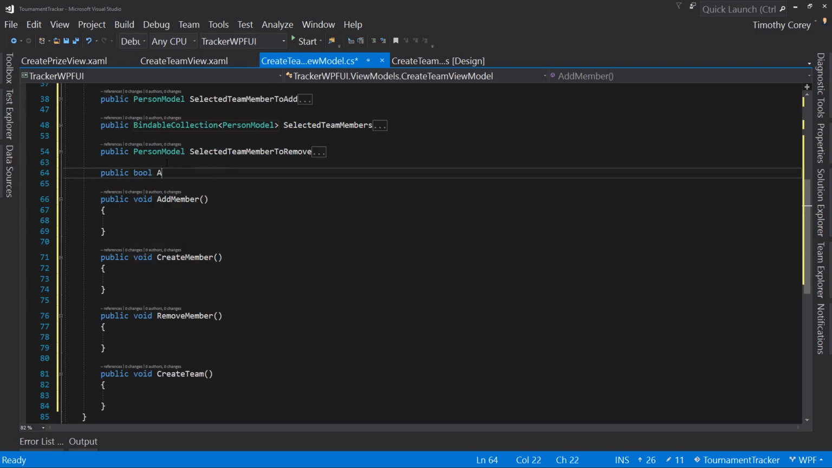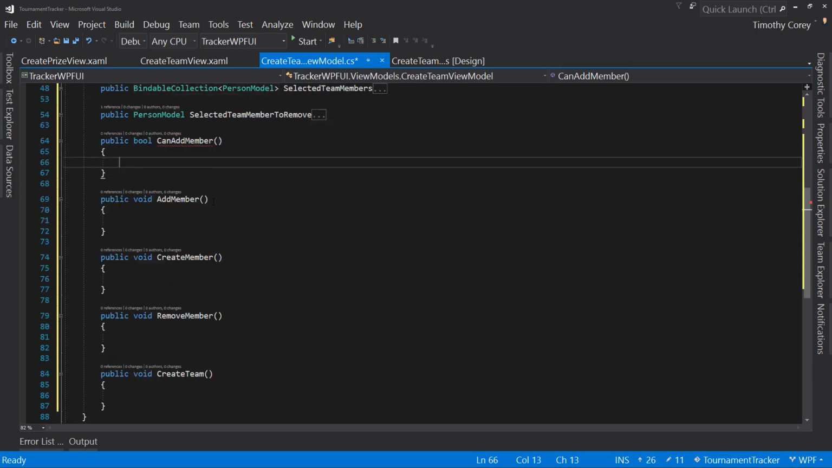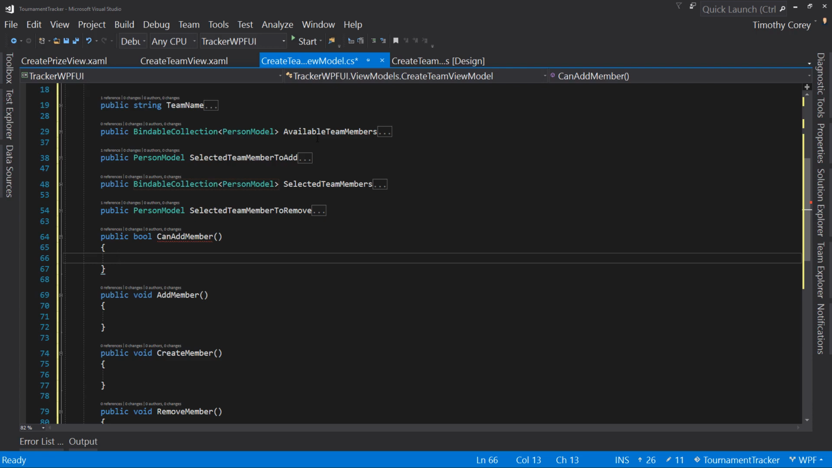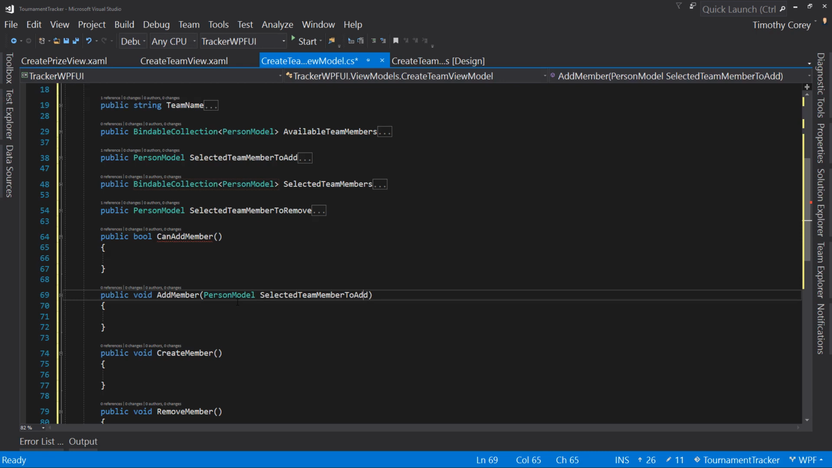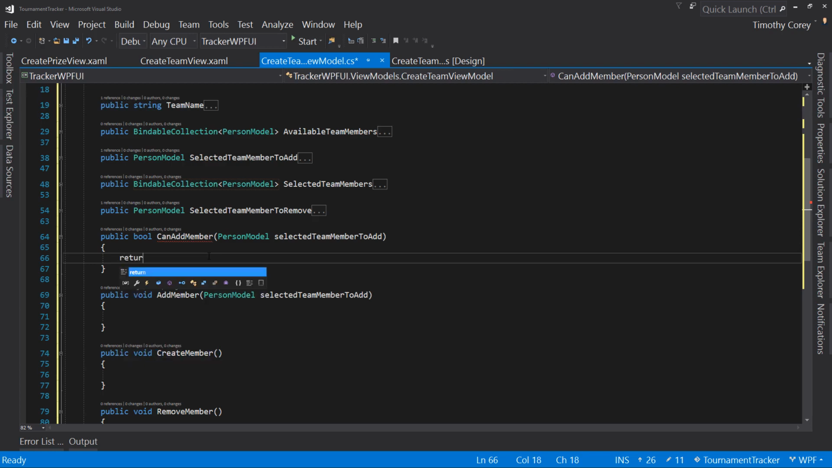So we could say public bool CanAddMember. And in which case we want to pass in a selected team member to add. So if we pass this in as a person model, and make it lowercase, not uppercase, there we go. And then pass that again to our CanAddMember and say